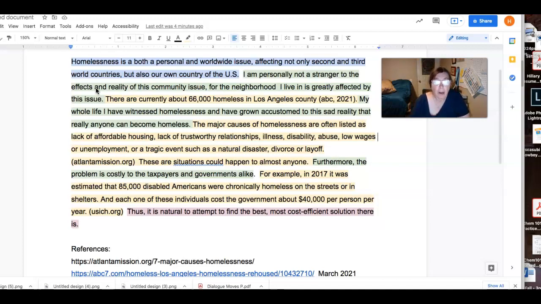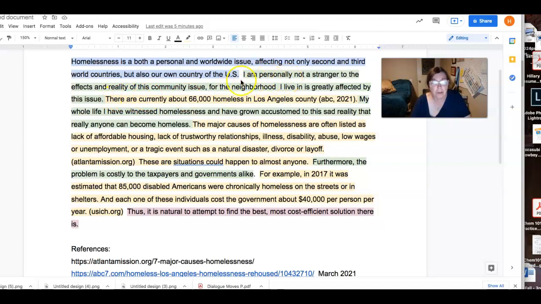It did take me a while to find some good data. When I first Googled what causes homelessness, the first websites that came out were all ads for different homeless organizations and nonprofit organizations, and they didn't all necessarily link their data to good sources. So I had to dig a little deeper, but I didn't want to go into the library database and find the scientific side. I wanted to find something fairly fast. Still, it took me at least 20 minutes to find what I was looking for. This is what I found.